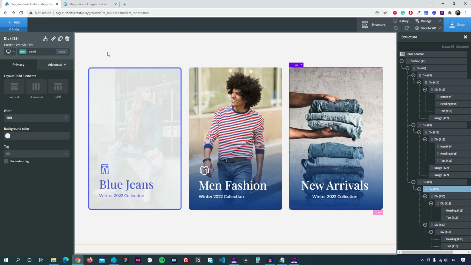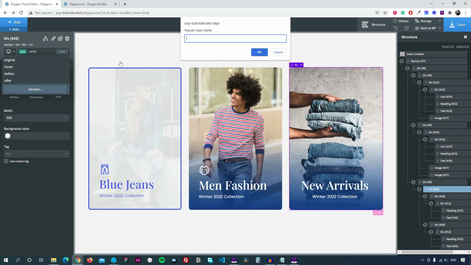The idea here is when I hover over the card 3, I want to rotate the front face minus 180 degrees, and I want to return the back face to 0. To do this, I will select card 3 from the states here, and add custom state. So when I hover over card 3,